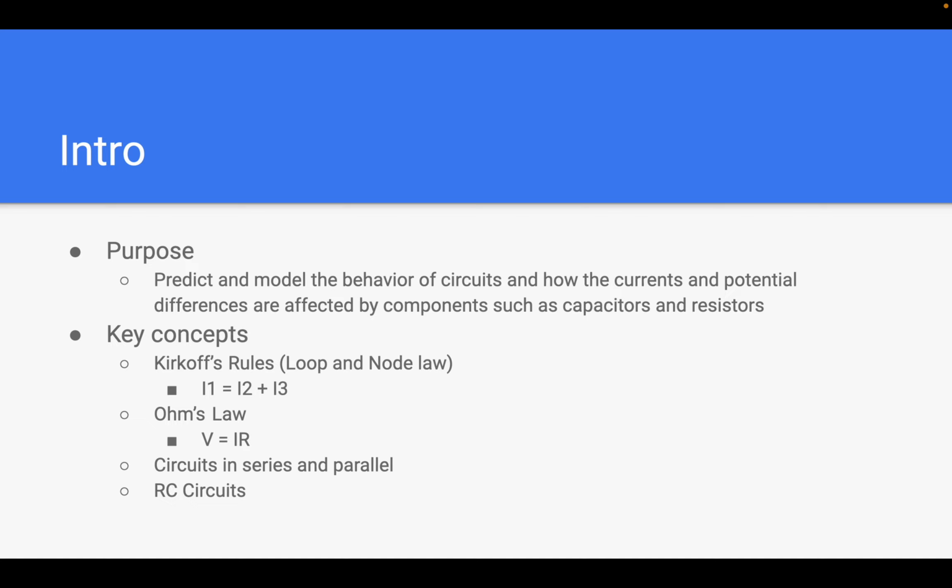which include the loop and node law, which basically means I1 is equal to I2 plus I3, meaning that the current is I1 and then it gets split off into two other wires, and the current of those two wires added together has to equal the current of the first wire before it was split up. And then we have Ohm's law, which is V is equal to IR, which is just for